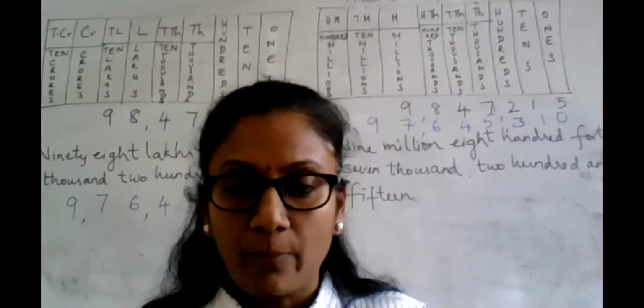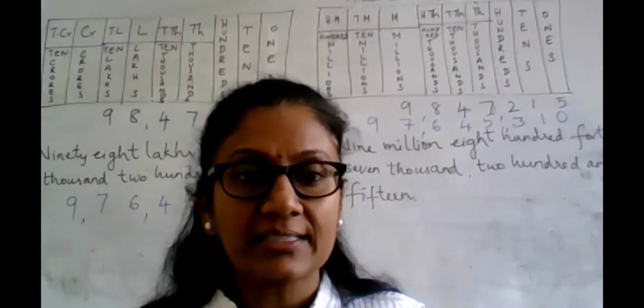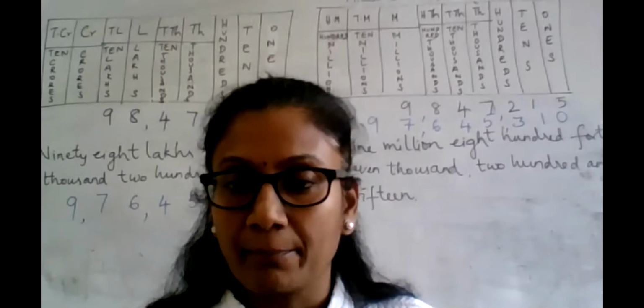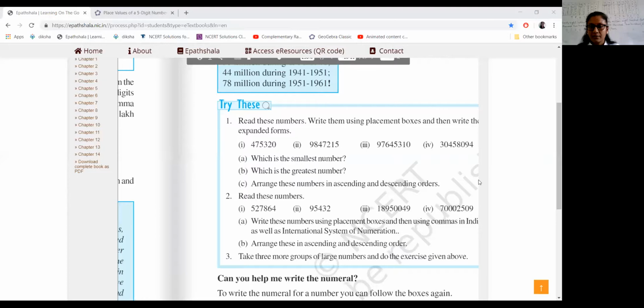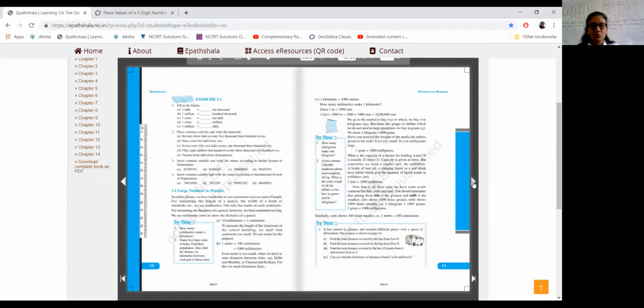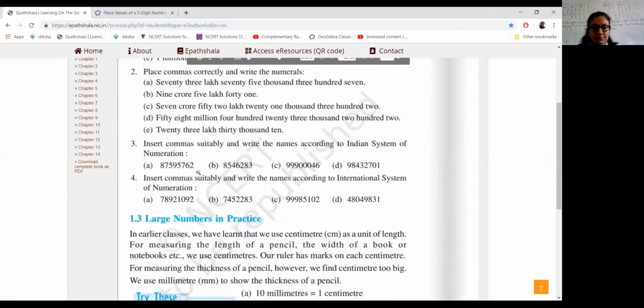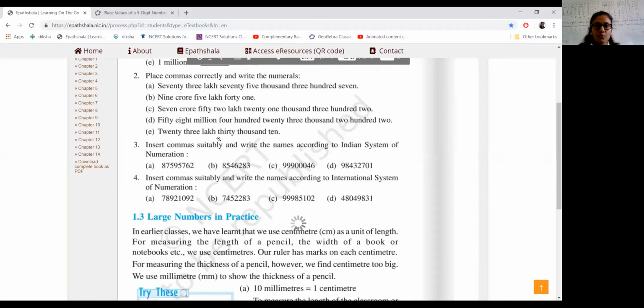Now I think again I'll go back and show you that there is an exercise that you have to complete. Okay, this is the next page I'm showing you. This is in page number 12. There is a fill in the blanks and then there are 2 more. No, I think there are 3 more. Yeah. The fill-ups you should be able to do. Try all these 4 on your own. Then in the next class when I meet, in random I shall be discussing a few of these numbers.